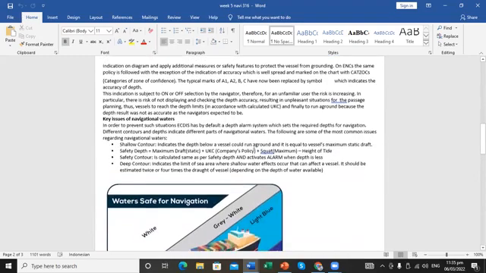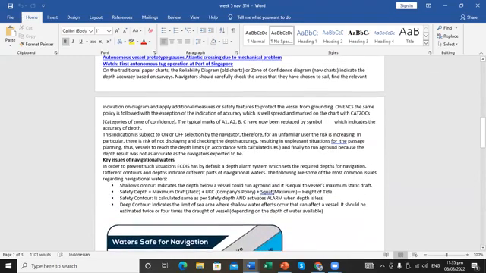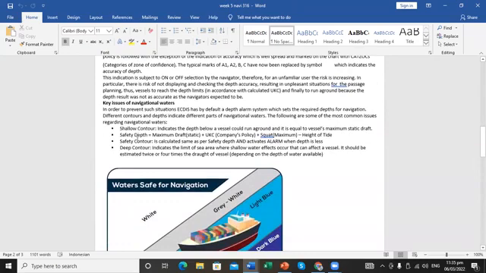For the information that you will be gathering in the ECDIS about the zone of confidence diagram or the sensors that we have, it will be marked with A1, A2, B, C, or symbols depending on the accuracy of depth, especially for the shallow contour, safety depth, safety contour, and deep contour. Shallow contour indicates the depth below which the vessel could run aground, and it's equal to the vessel's maximum static draft.